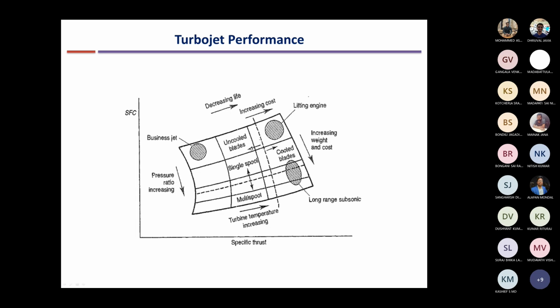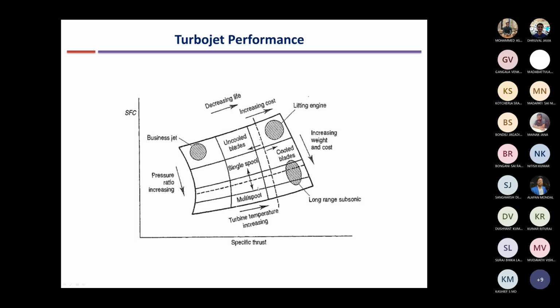You don't need separate cooling because the blade material itself will be single crystal of super alloy that should be able to tackle that temperature. Similarly, if you keep on increasing the pressure ratio, there will be a point after which you cannot use a single spool. Multi-spool means multiple shafts are there, one inside the other. Can somebody say why for very high compressor pressure ratio we need multi-spool?